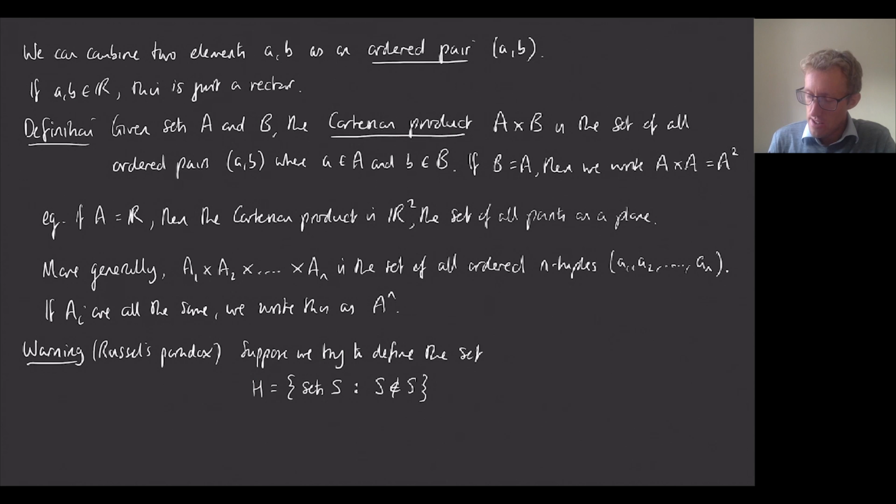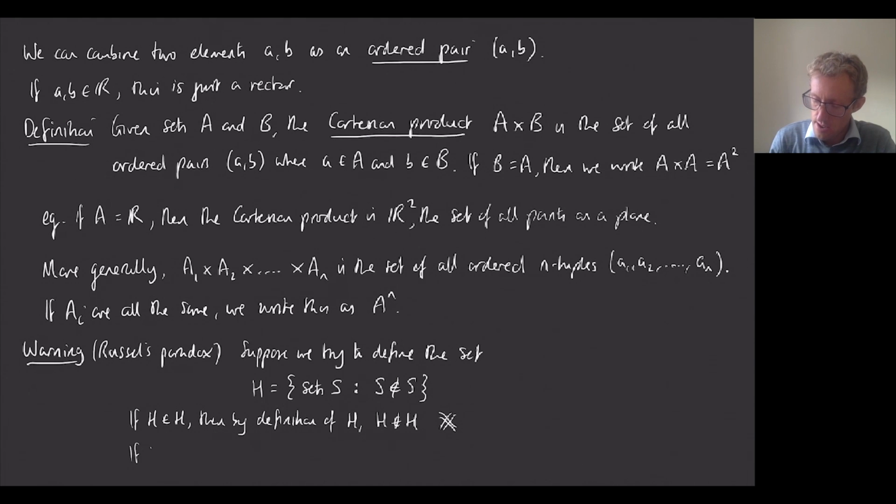Because if H is in itself, then by the definition of what that means, it means H is not in itself. So that seems to be a contradiction. But if H is not in itself, then it exactly satisfies the definition that means it should be in itself. So this is the paradox. It doesn't seem to make any sense. Let me just try to write that down. So I'll say if H is in H, then by the definition of H, H is not in H. So that's a contradiction.